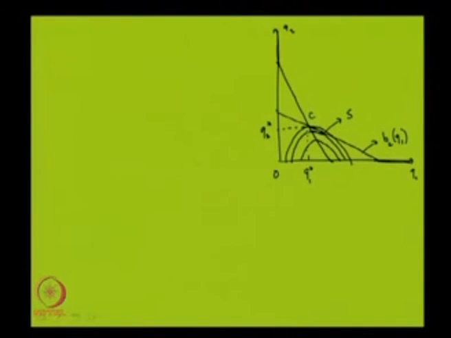So what is happening is that at the point S, firm 2 is on his best response function. So given Q1, he is doing his best. At the same time, firm 1 is maximizing his profit, taking into consideration that firm 2 will be on his best response function. So this is nothing but the Stackelberg equilibrium. Firm 1 knows that firm 2 will be on his best response function. He will be producing on B2.